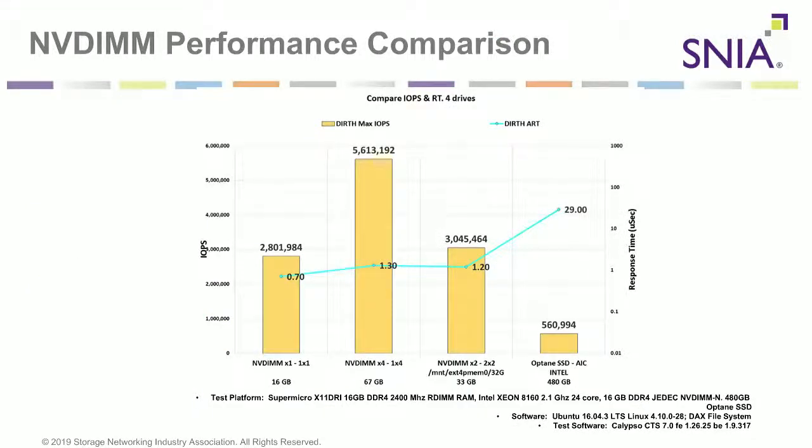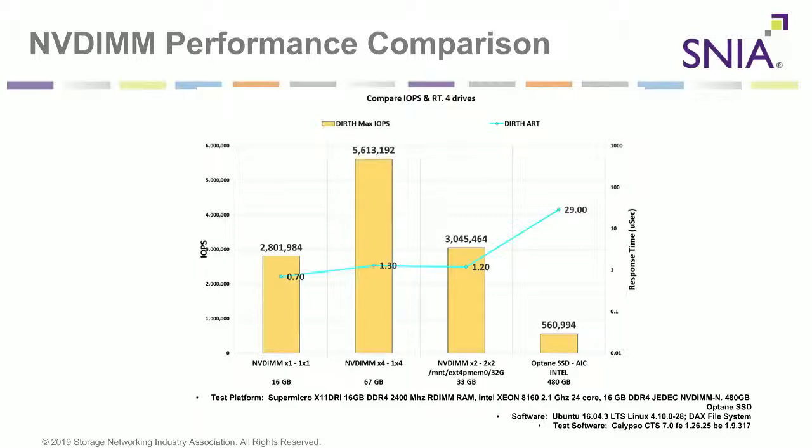So here is a performance graph. This is all with NVDIMMs. The first three columns are NVDIMMs. The last one is the Optane 3D Crosspoint SSD from Intel. Both are using the file systems that are available, the PMAM-aware file system, and it's the later kernel. It's basically run on the Ubuntu 4.10 kernel. And you can see the difference in the performance and the latencies.